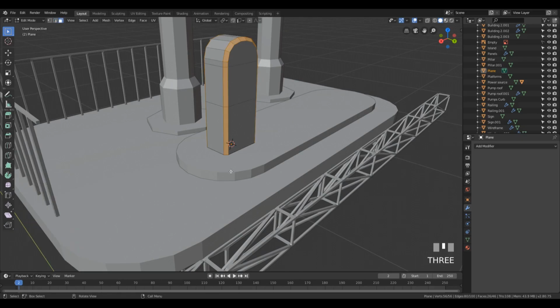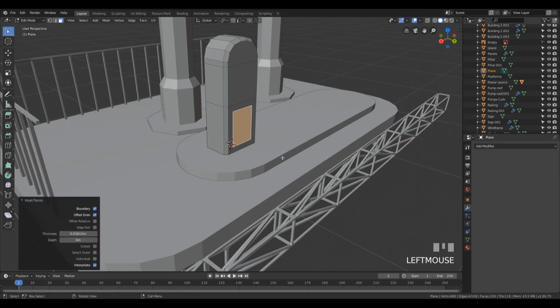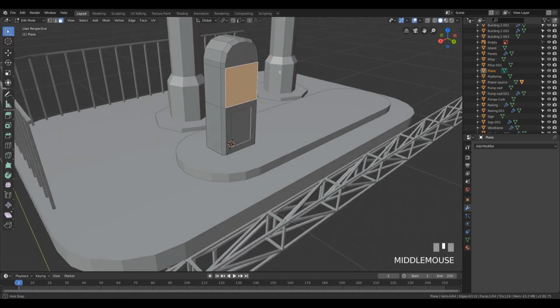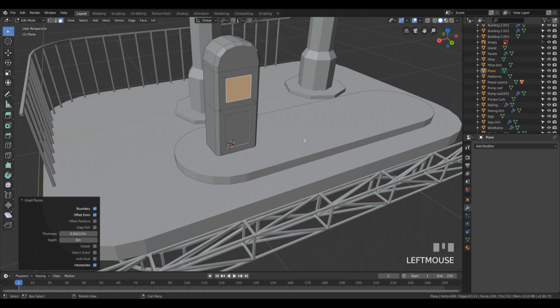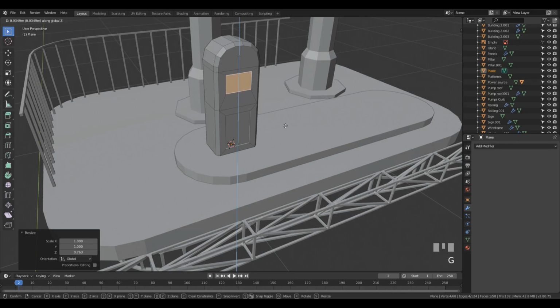And now to add some details, just quick adjustments. Go to the face select by pressing 3, select this face, inset it and extrude a little bit inside to create the detail. And here I want some kind of counter or something like that, so we can start as well with inset, but now we can scale this on the Z a little bit and move this up, so press G and move this up